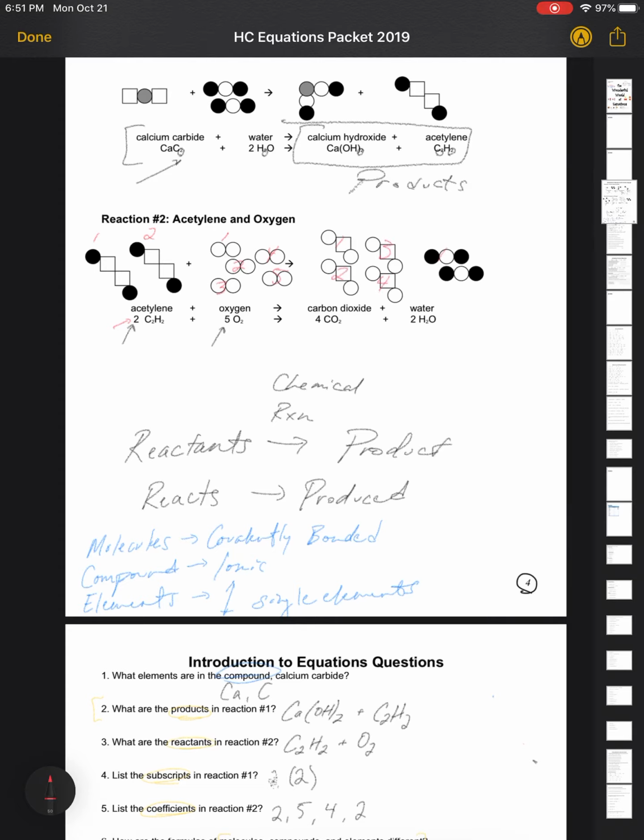We'll talk more about why it's important to have, for example, 2 acetylenes and 5 oxygens, and we'll get into that more with stoichiometry. But what we need to understand is that we need 5 O2s, again looking there, 5 O2s that will react with 2 acetylenes in order to get all of these